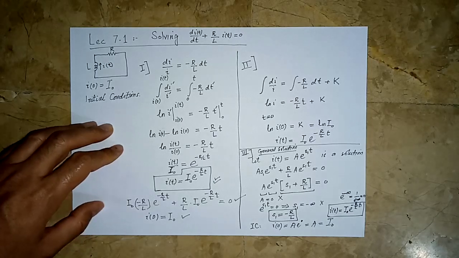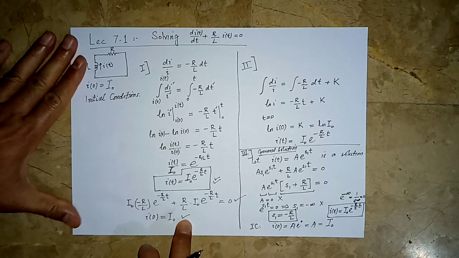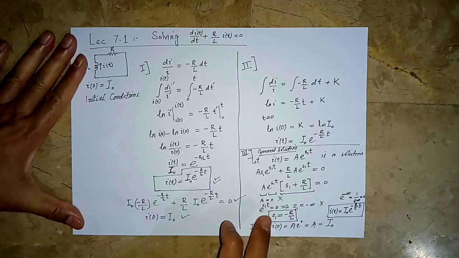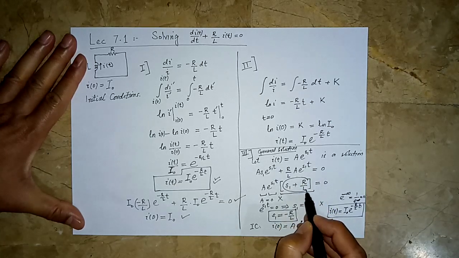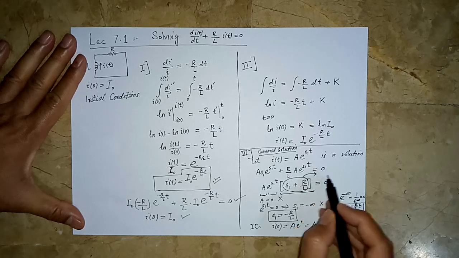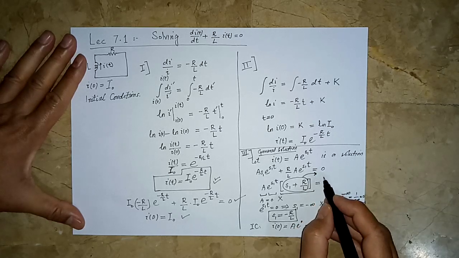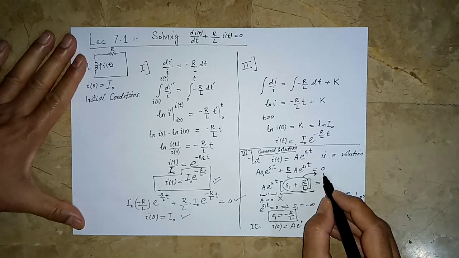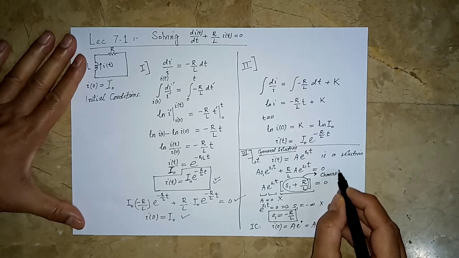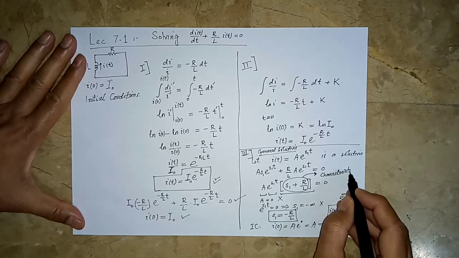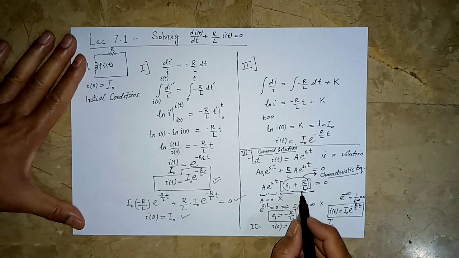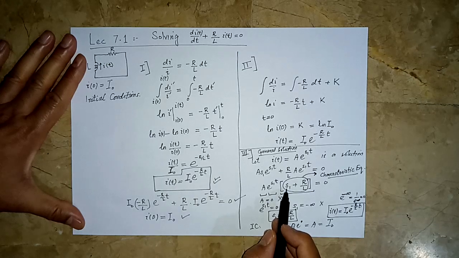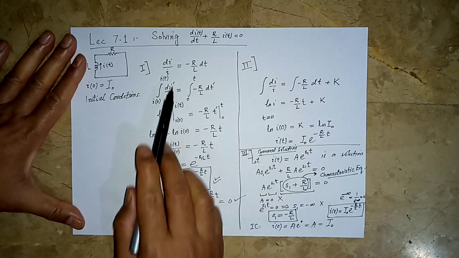And there is another direct route as well. So let me bring that direct route in here as well. This thing has a special name. So you can see this is the fourth method, but actually it's part of this as well. This thing has a special name and is known as the characteristic equation in mathematics. And we can see that we can straight away find the characteristic equation from the differential equation. Look at this characteristic equation and the original differential equation.